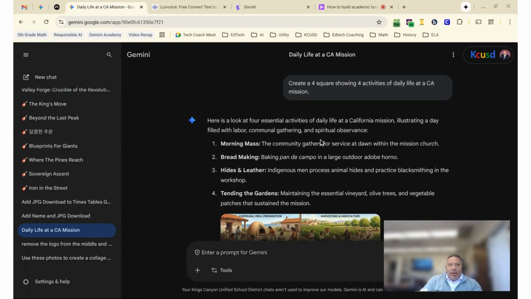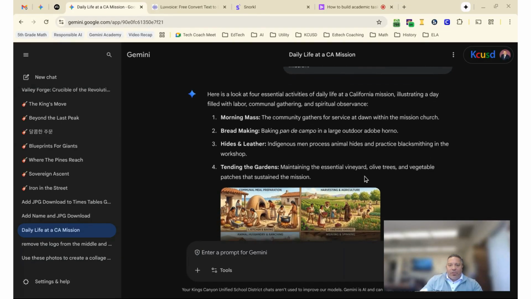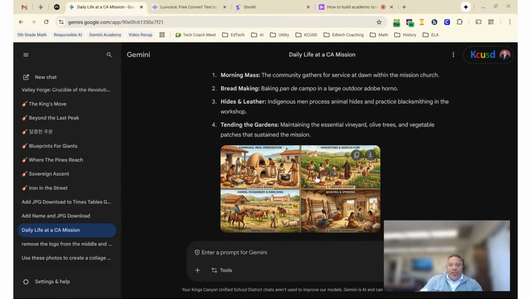And we'll start here by creating that kind of four square images that the kids might look at, that they would have to listen to and then retell. So from this sample that's already been built here, we said create a four square showing four activities of daily life at a California mission. This was the first iteration that it came up with,